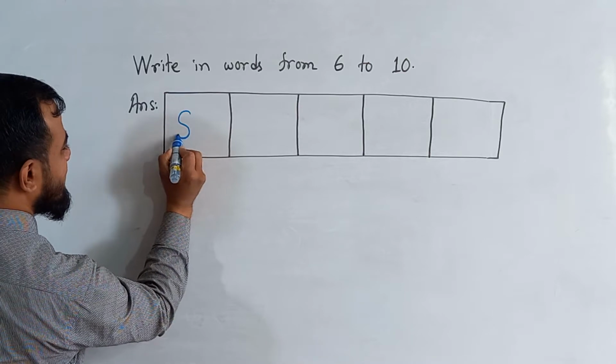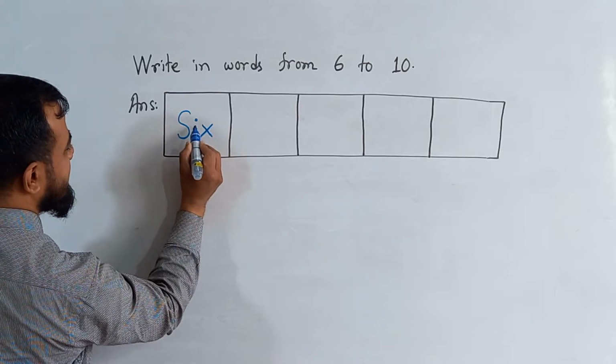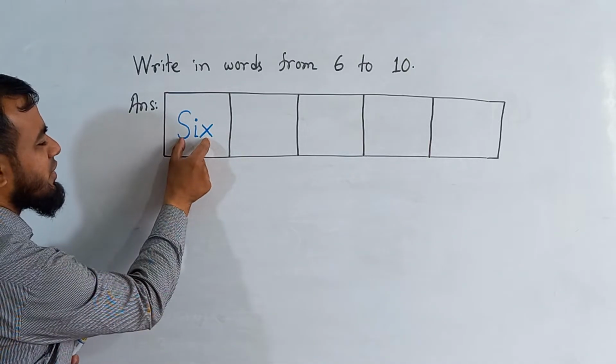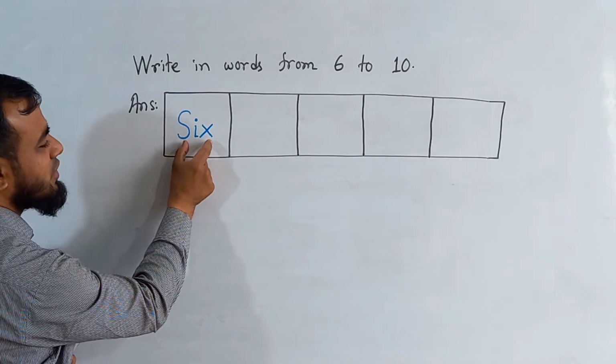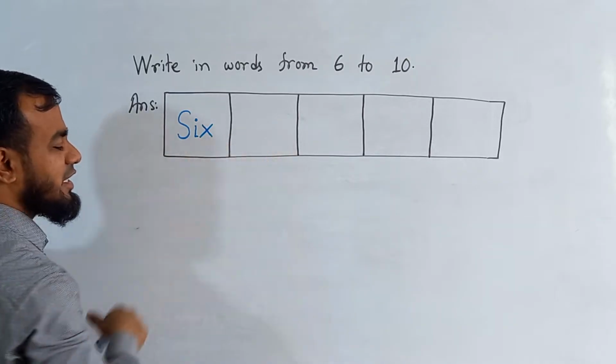S-I-X, 6. Now, the first number is 6. The next number after 6 is 7, which you should write down in the next box. The spelling of 7 is